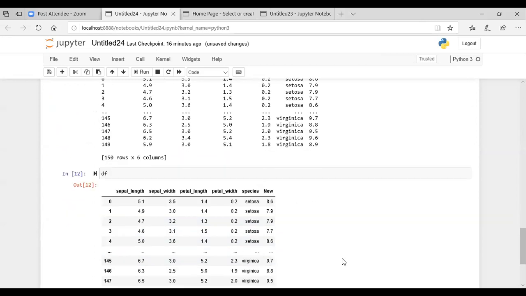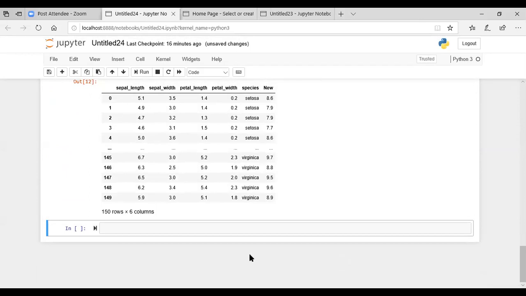That means whatever operation it is doing, it is creating a reference. It is not making the changes in the original one. So if you want the changes to be reflected in the original file, you will have to make use of a special attribute called the inplace attribute. So we'll be using df.drop. What you want to drop is new, and as it's a column, you have to mention axis equals 1, and then you have to use inplace equals True. Inplace equals True means it will be making the changes in the original data frame, which is your df.